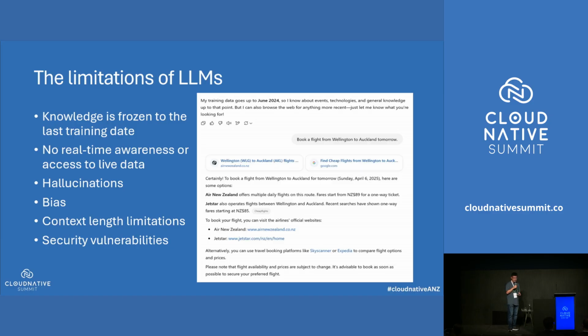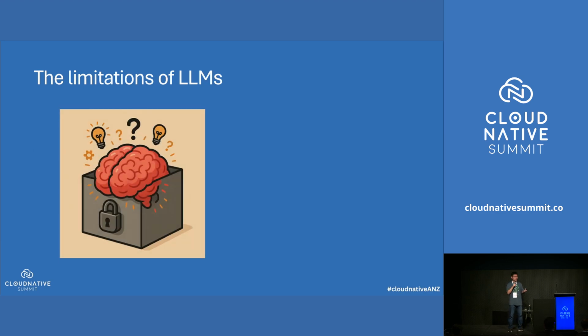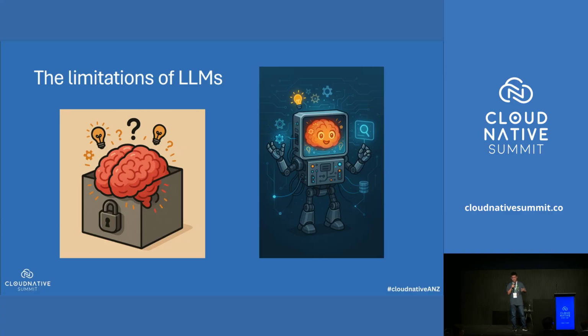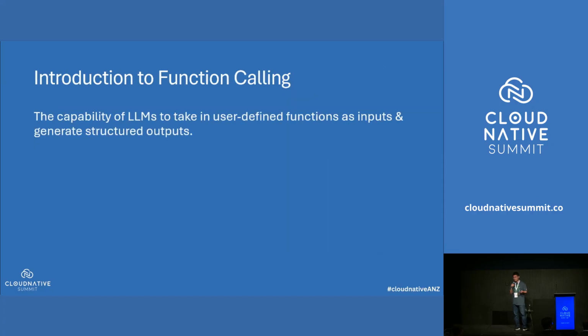If I use an analogy, a large language model is like a very smart brain locked in a room or a box. It can think and generate ideas, but it doesn't have arms or hands to touch our real world. So we hope to provide it with the right tools or resources, to install arms and hands on the model so it can do the job effectively. That leads us to the next question: how do we enhance the capability of AI models? One option is called function calling.